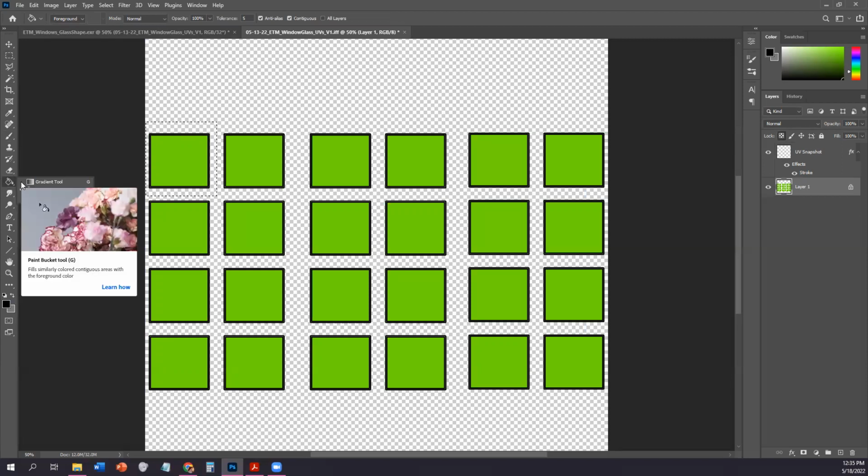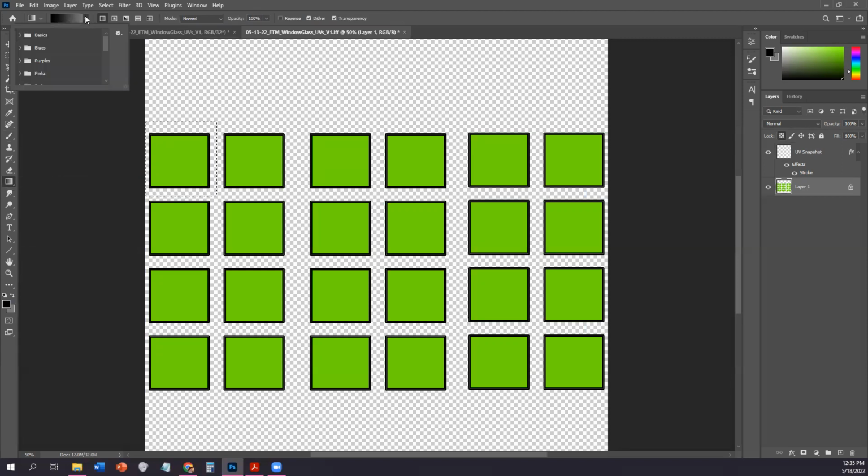I'm going to click and hold on my paint bucket to get the gradient tool. And from the drop down here, under basics, I'm going to pick the black and white option. Before I do that, I'm going to select this second option here, which is radial. And I'm going to click and drag from the middle outward quite a bit. Okay, it's making it black in the middle, so I'm going to say reverse. Click and drag from the middle. What I want is to get it gray, but not black, on the outside. So this is what we can do